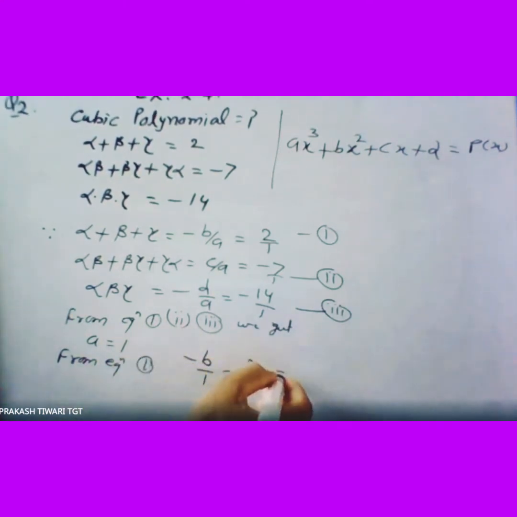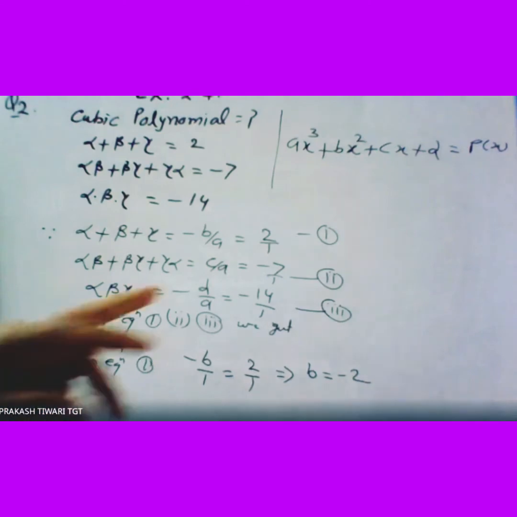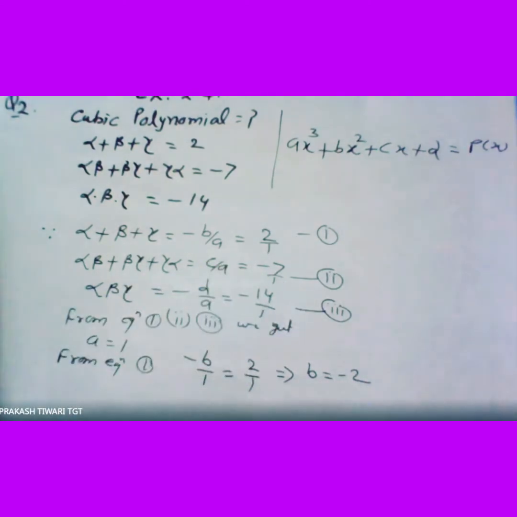So we will get the value of b equal to minus 2. b का वैल्यू भी पता चल गया. अब c का वैल्यू भी कंपेयर करा लो, c का वैल्यू कितना हो जाएगा, फ्रॉम इक्वेशन 2